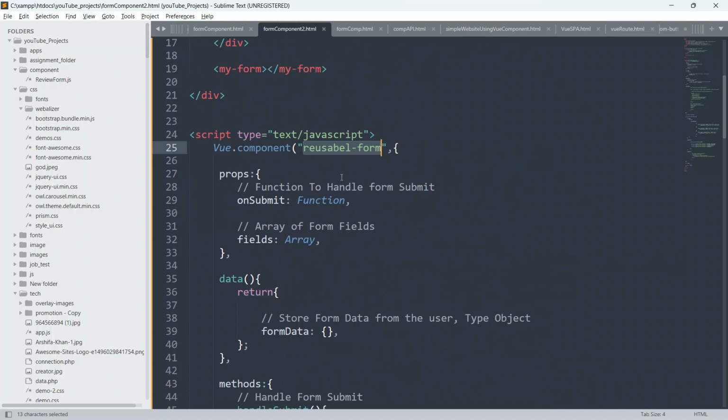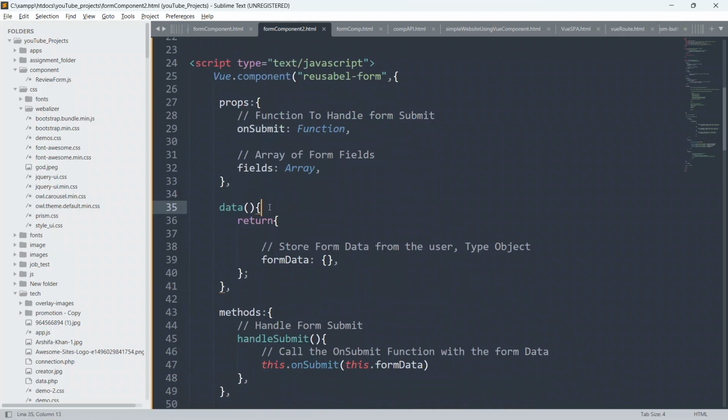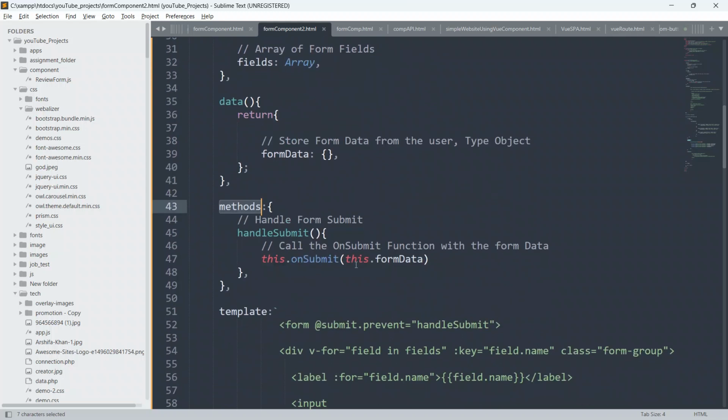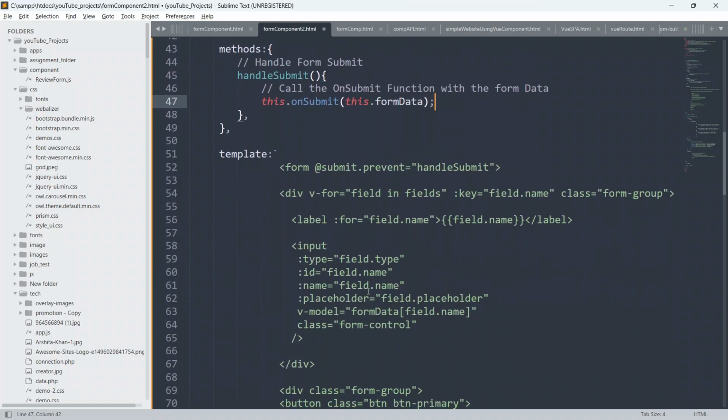fields array, it is a function on submit props data function, return, and form data colon, methods, this dot on submit, this dot form data. Okay guys, close it and put a semicolon here. I forgot to put the semicolon here,